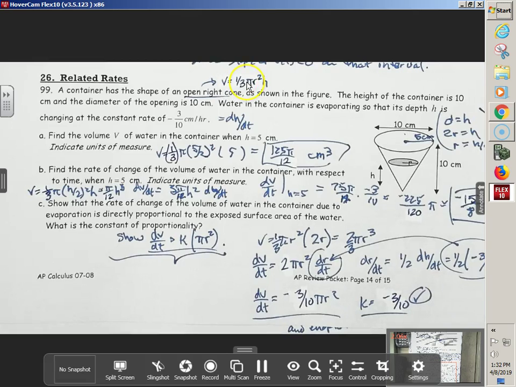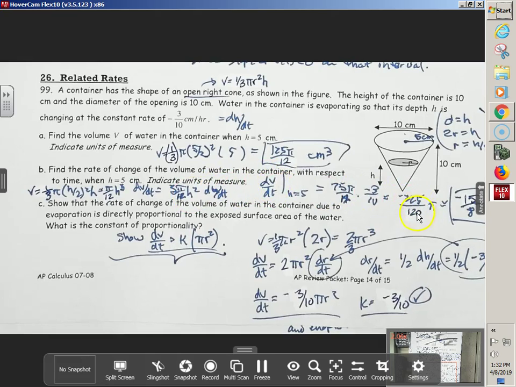First of all, I did a cylinder, not a cone. This needs to have a 1/3. So I threw in a 1/3 this morning in period 1. That made that 125 pi over 12. I don't think those reduce. I threw in a 1/3 to my volume work down here, which changed a little bit my answer in that